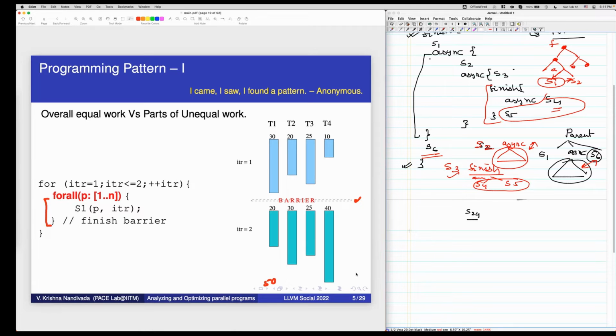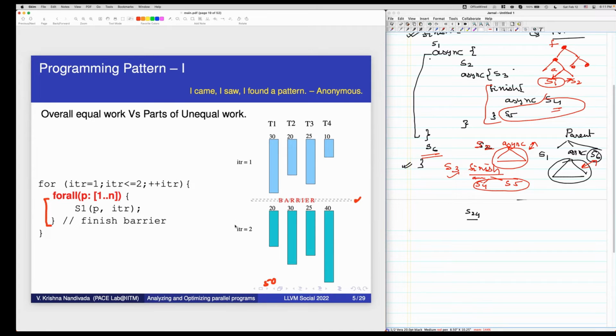Now the runtime has ensured that overall the work done by each thread is equal.